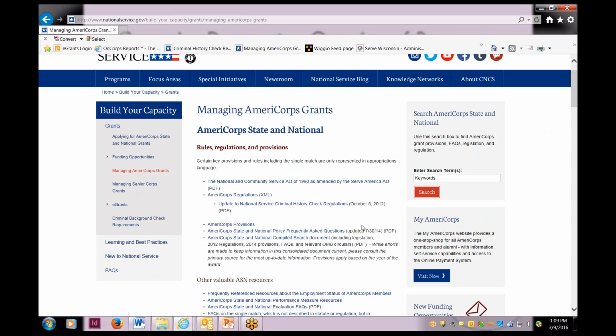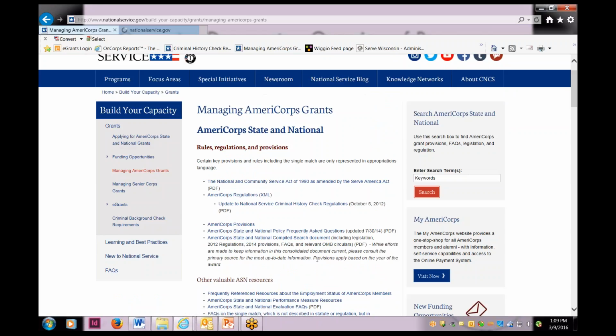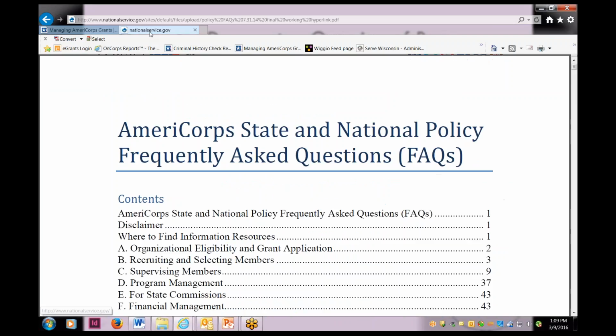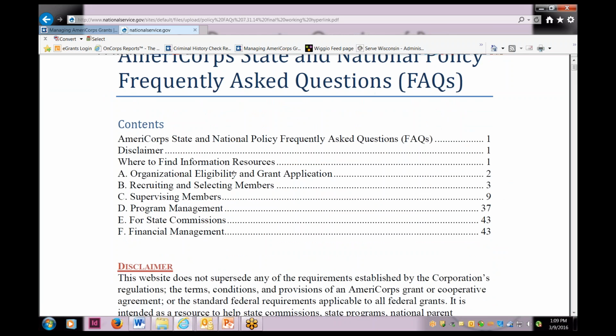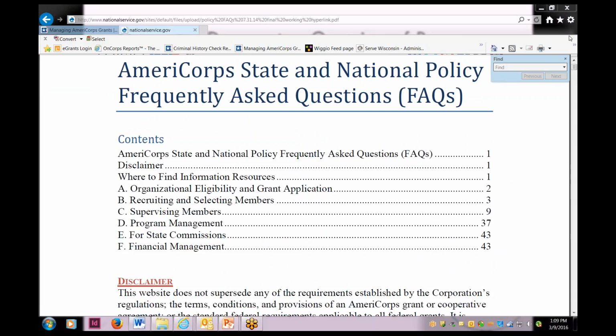So one question that I got recently was about electronic documents and storing electronic documents. So the first place I'll go is to this Managing AmeriCorps page. I will then look at the frequently asked questions. Another thing that I'll do is use the right click so you can open a tab and not close the current tab you're on. Once you're into the frequently asked questions page, instead of scrolling through the 50-some pages of the frequently asked questions, you can use that Control F feature to search.